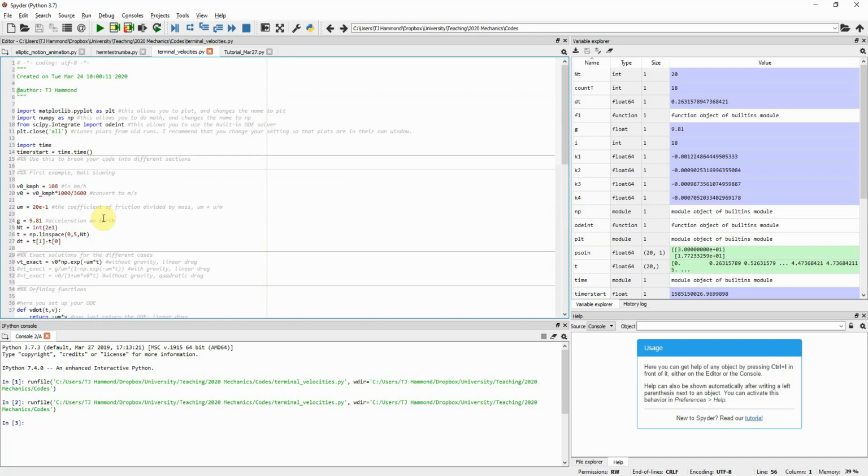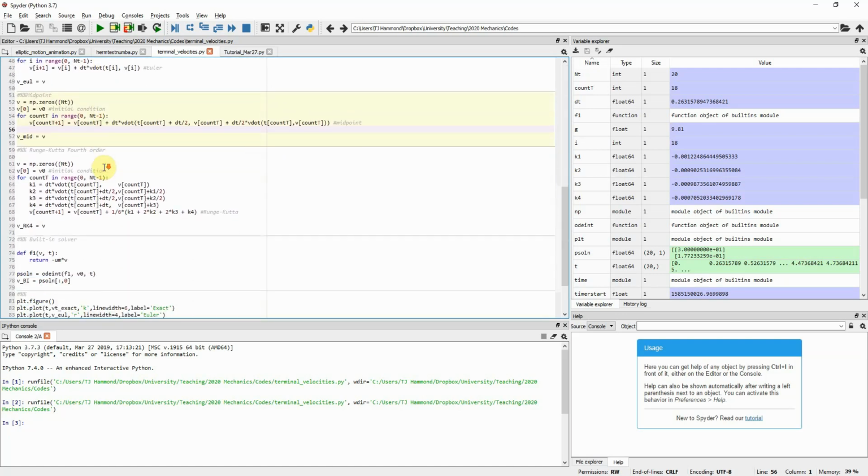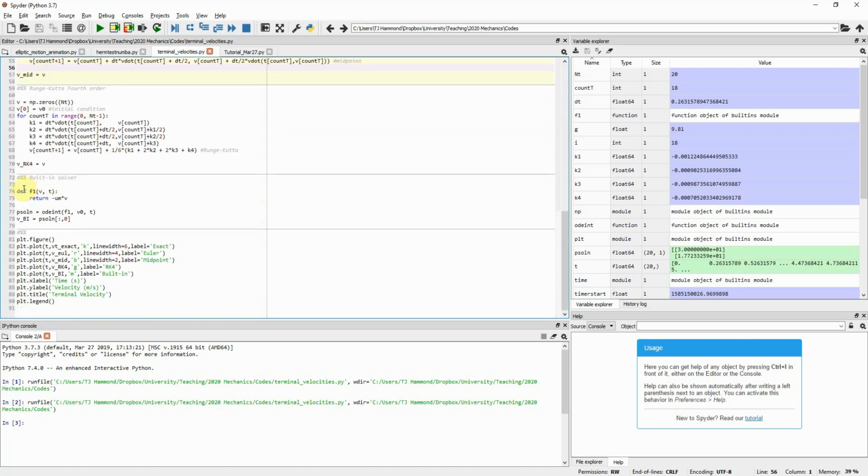For using the built-in solver, I don't think I mentioned it in the slides, what we need to do is call this library, the integrate library, and we need to use the function ODEint. So you need to put this somewhere in your code so that we can use this built-in solver. So the built-in solver,